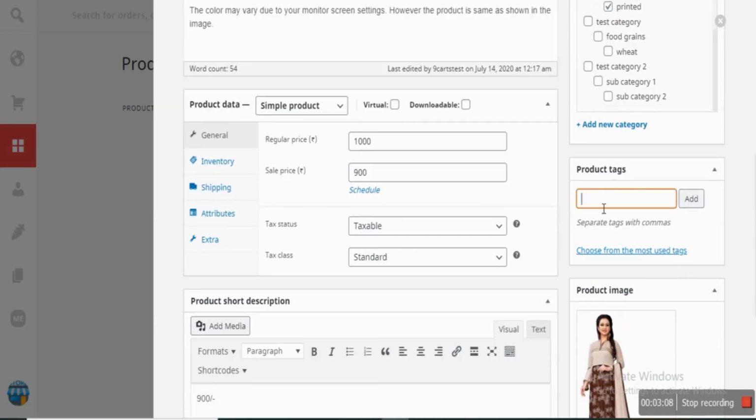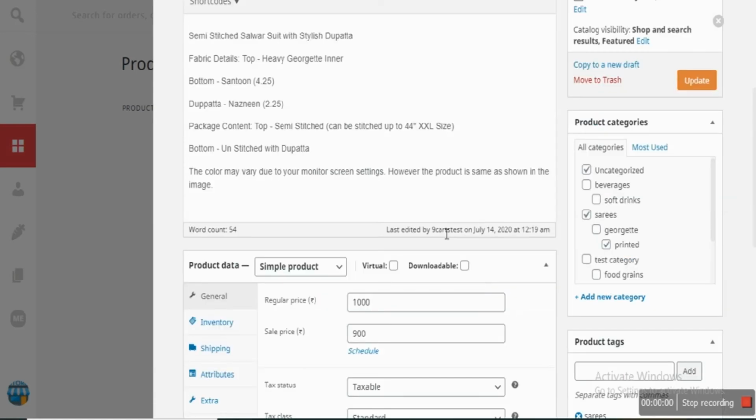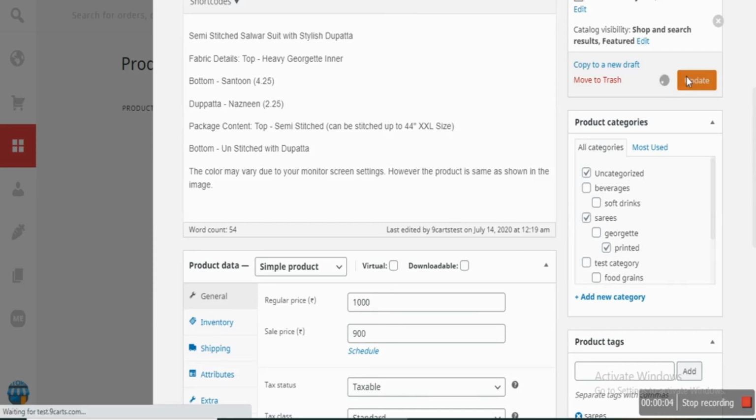After this, we can add product tags. Product tags are, for example, sarees. So this is not visible to the customer, but it helps the software detect the product and help the customer when they search it. So after selecting all the categories, the final thing is to update the product.